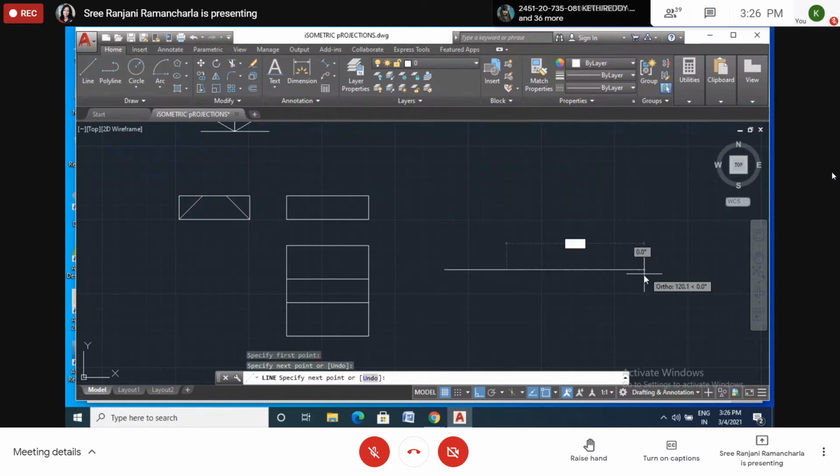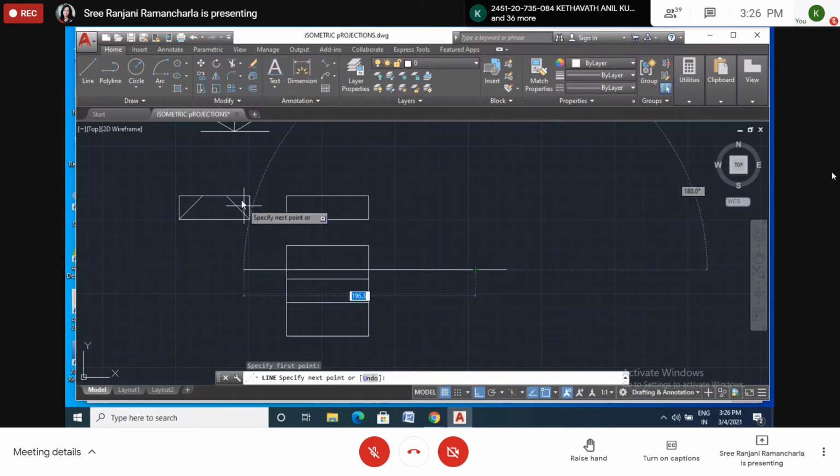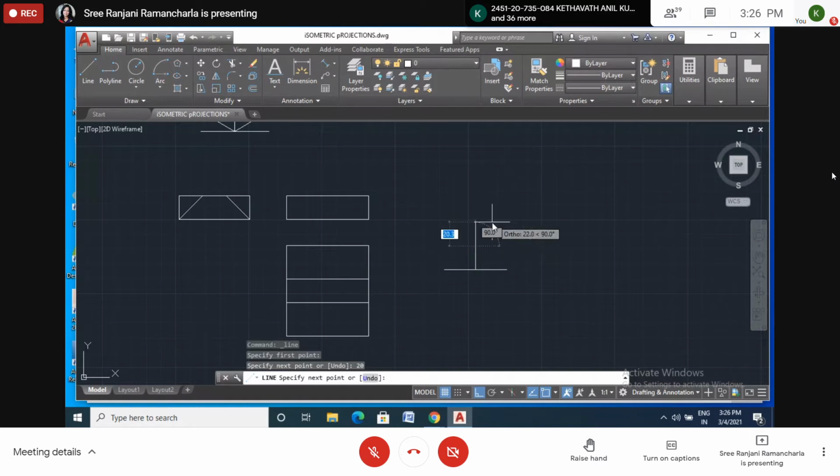Okay. Now this one. Now I will take this corner here. This corner is here. And this vertical is 20. So I'll draw 20. Okay. Enter. And what is this length? This length, right? This length is 70.